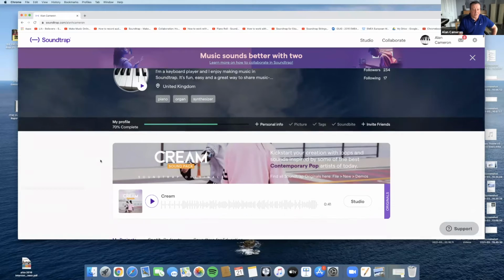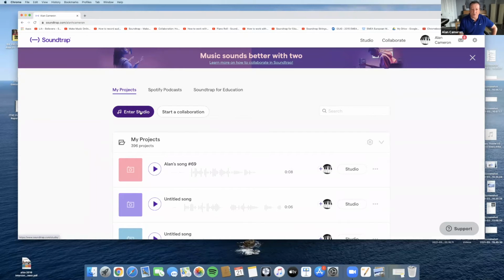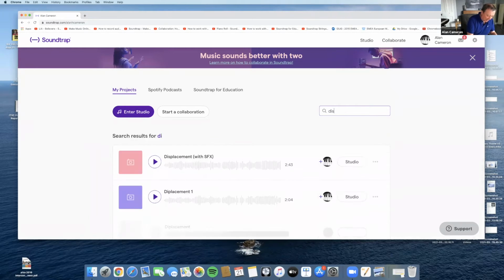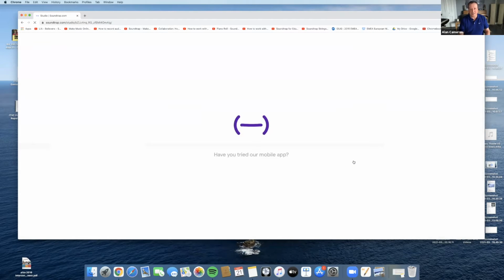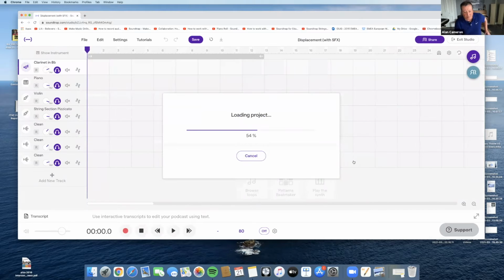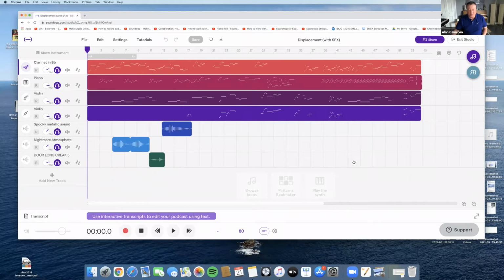Now, sometimes when we're looking at online recording studios, we think to ourselves, it's kind of dance music or it's poppy or whatever, but it can be any sort of style. So years ago, I composed a wee piece, a classical aleatoric kind of 12-note piece, which we called Displacement. I actually had the thing performed by real people. If you ever want to see the score of it, Google Scottish Music Centre and my name, you'll find the